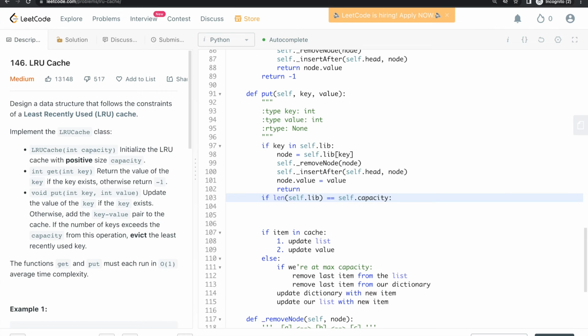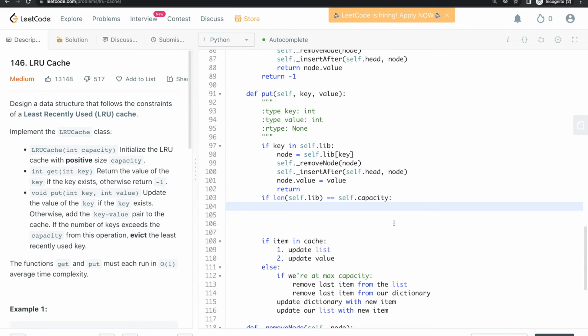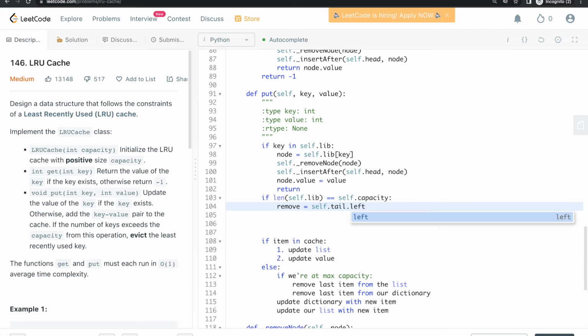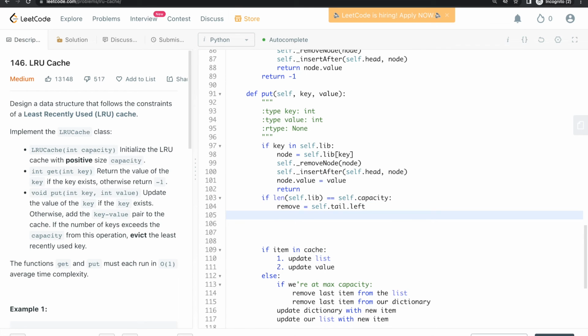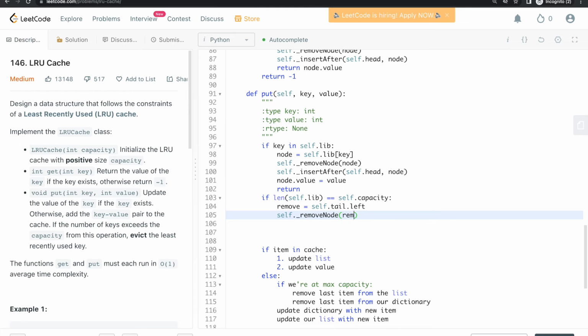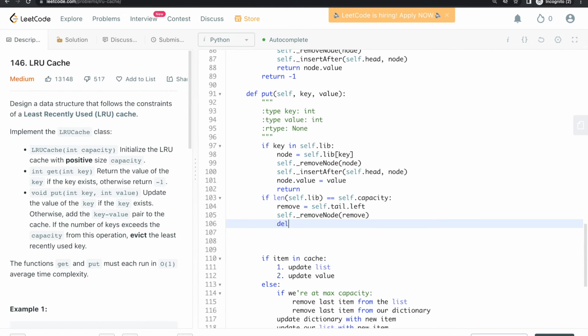So if we're in this case, we have to first remove the last item from the list. So we'll first grab that last item, which is a good thing we have this tail thing, right? The one to the left of the tail is the last item, and I'm just gonna call it remove, and we're gonna remove this guy. So we'll do self.remove_node of remove, and then we're also gonna delete it from the dictionary. So delete